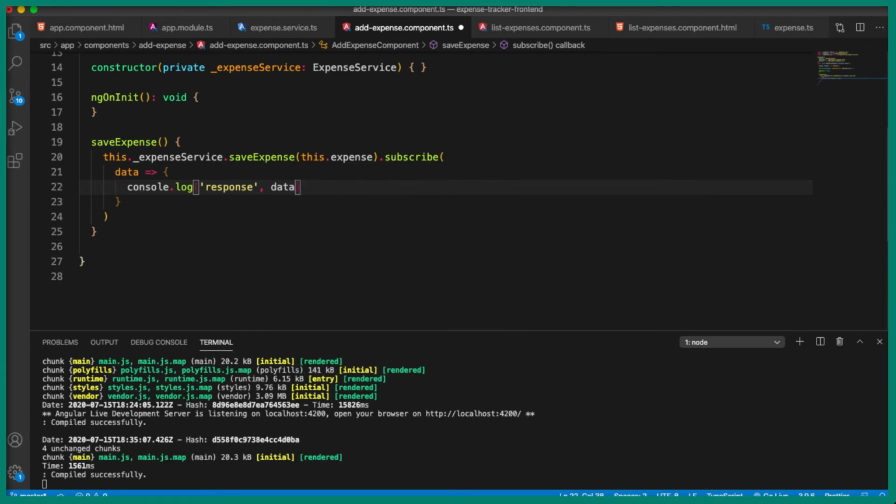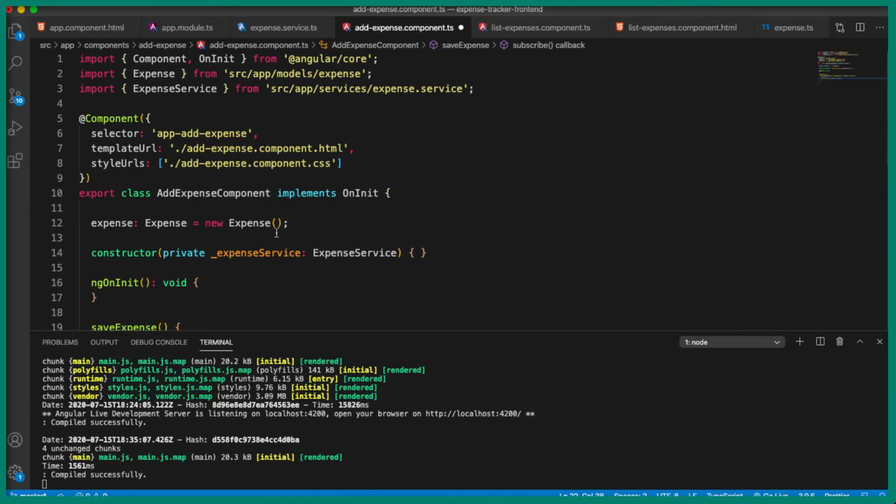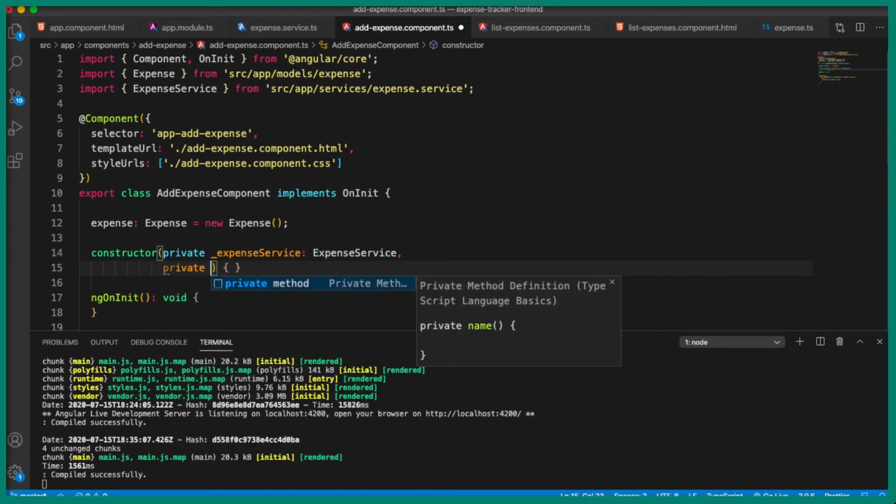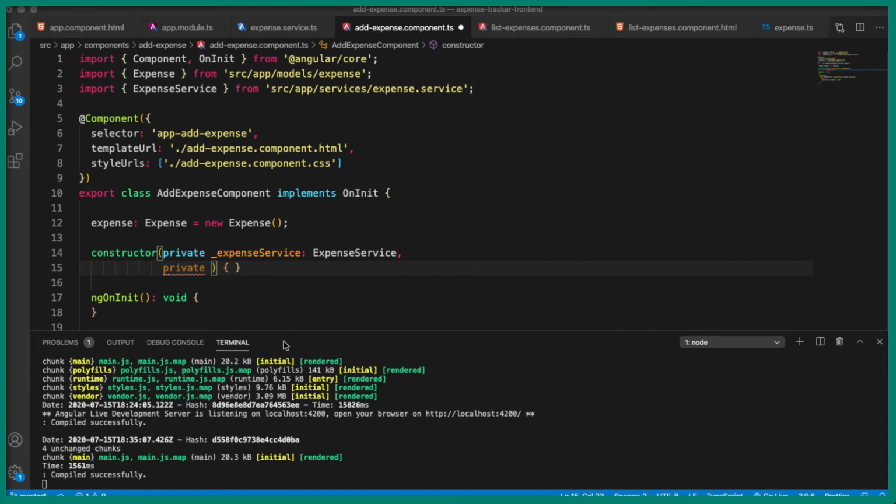But once we have saved the data, we have to navigate back to the list of expenses page. For that, we have to make use of the router to navigate to the URL which is /expenses. For that, we need to again inject the router. So let me call this private underscore router, which is of type Router.